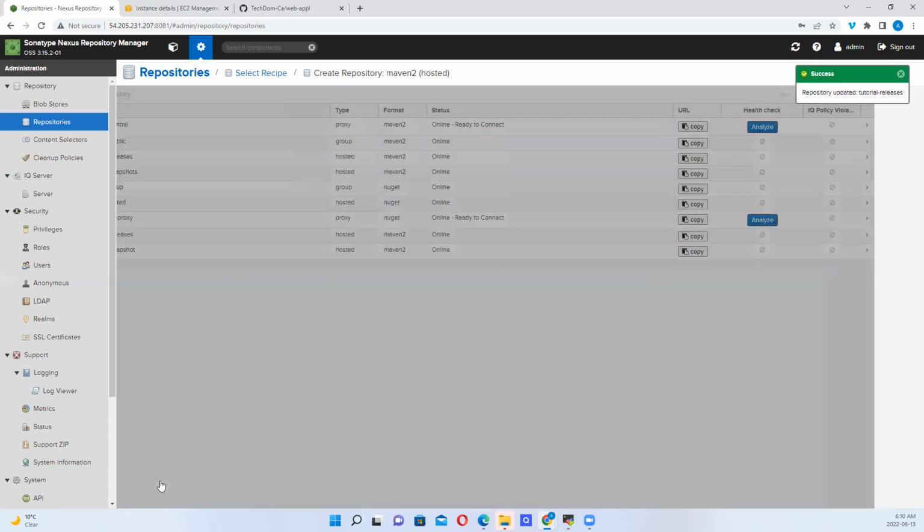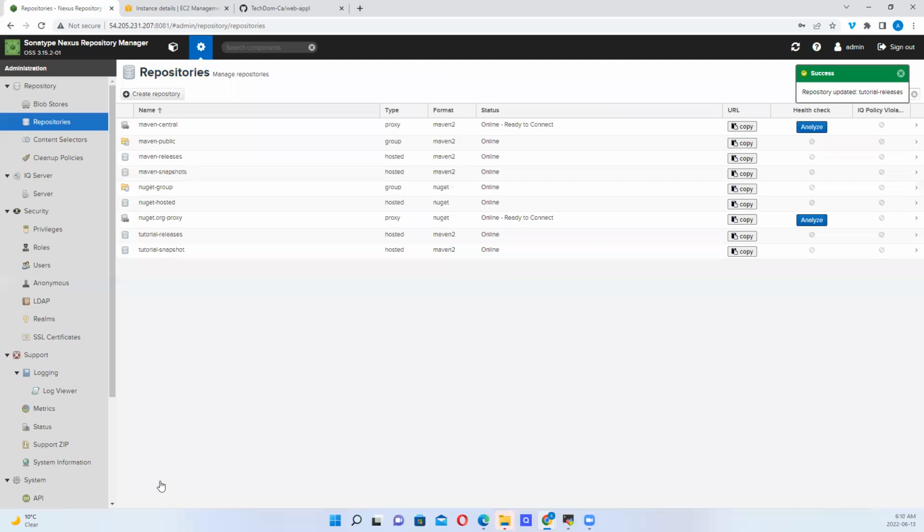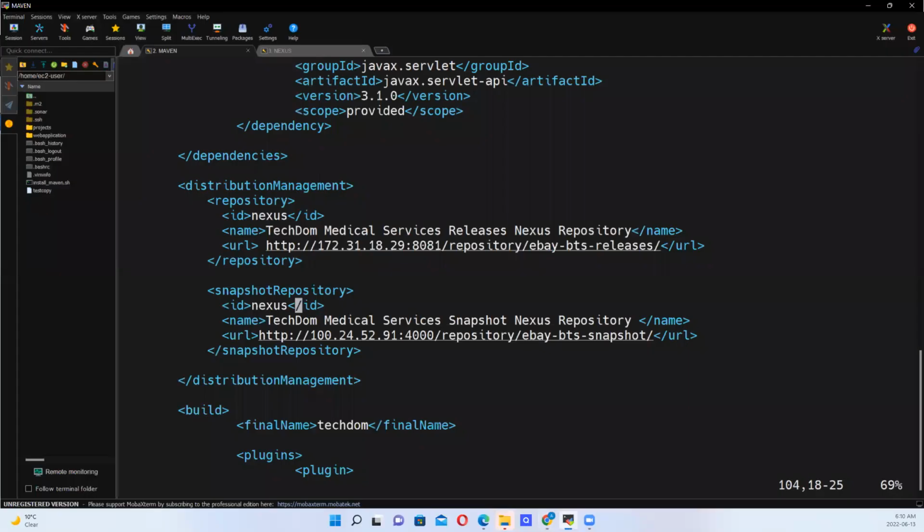Create repository. Okay, now that I've done this, what next? Remember, I have the pom.xml open over there, and I'm under the distribution management tag that starts from here and ends here. If you look at the distribution management tag, you see that there's a particular one that says snapshot repository, while the other one is just repository. So the one that is snapshot repository is the one that relates to this snapshot